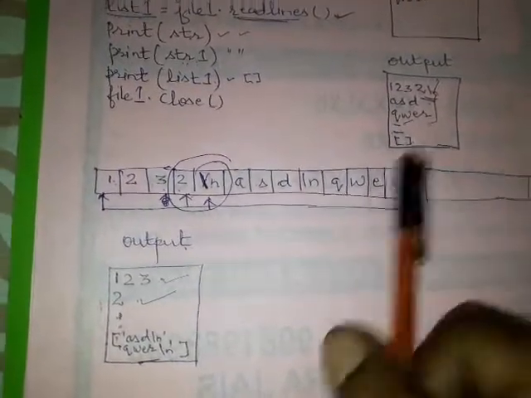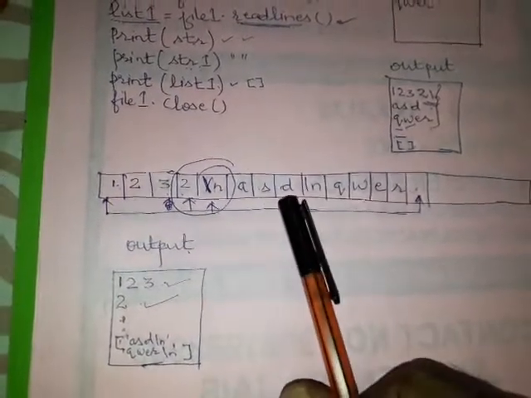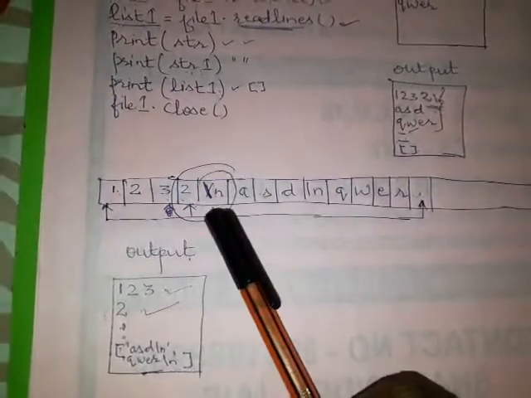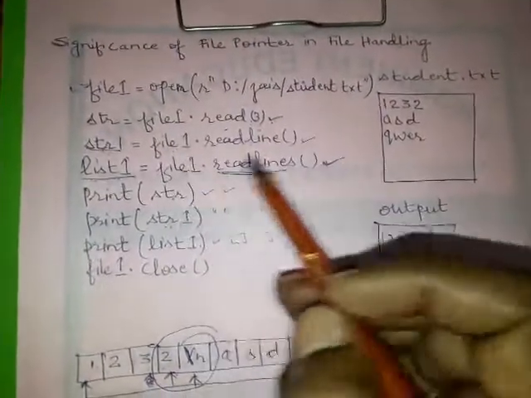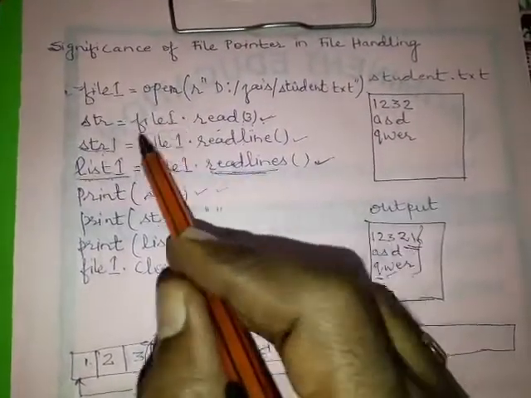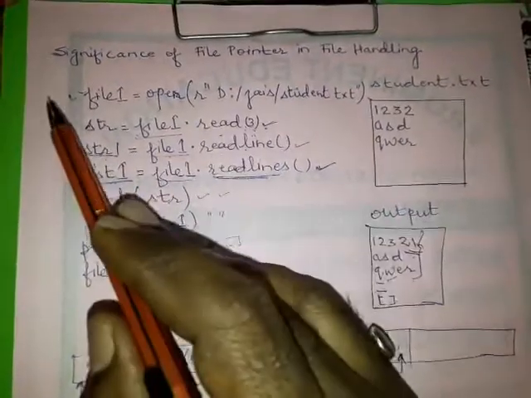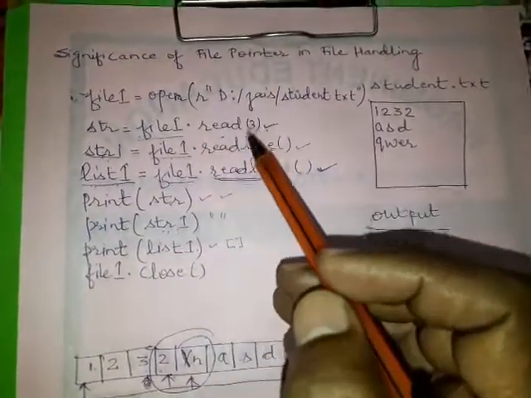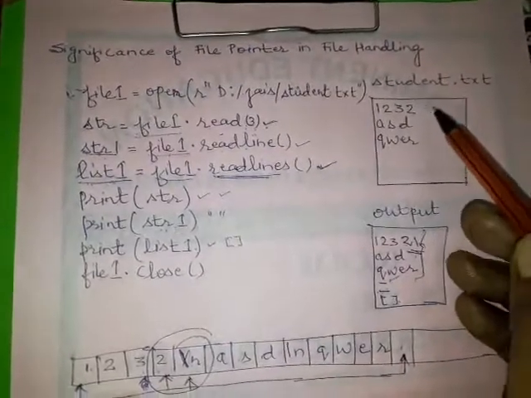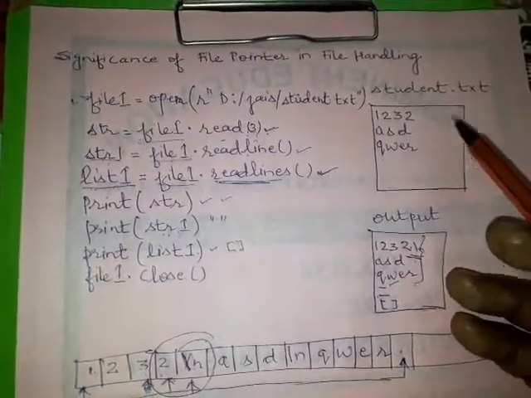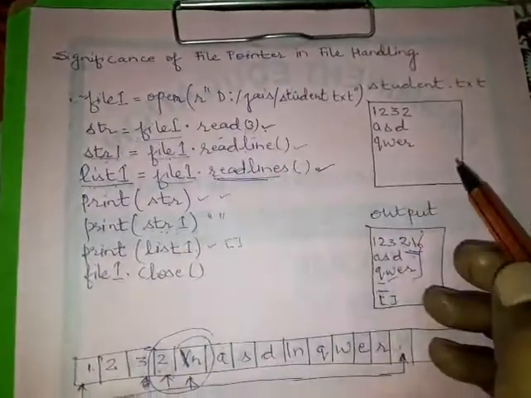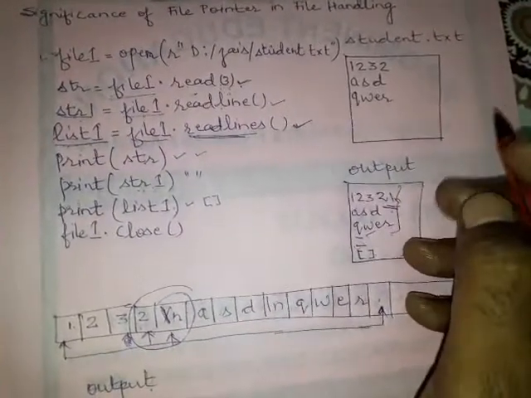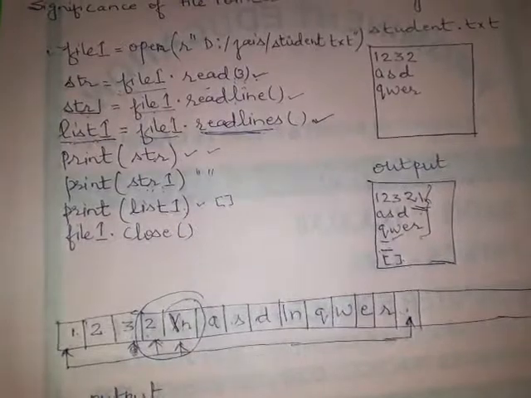So this is the concept of the file handler. If you handle it properly, you will get proper output. If you do not handle it properly, you will get an unexpected output. Okay, so if you are using a single file handler, use it properly. Otherwise, initialize different file handlers. If you want to use a single file, you can use different file handlers to handle the file. If you use a single file handler, then it will produce some unexpected output which is not desired by you. Okay, so these are the main concepts of file handler.